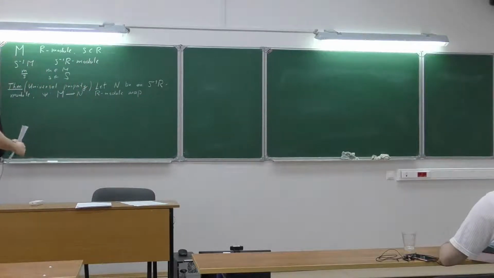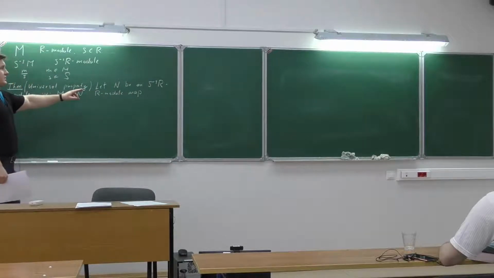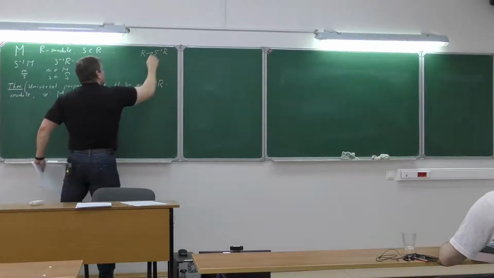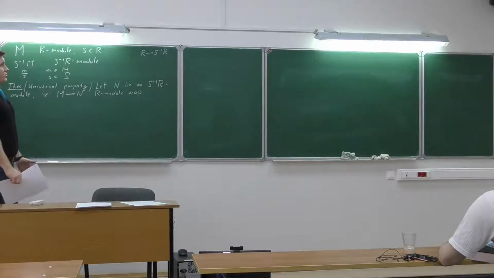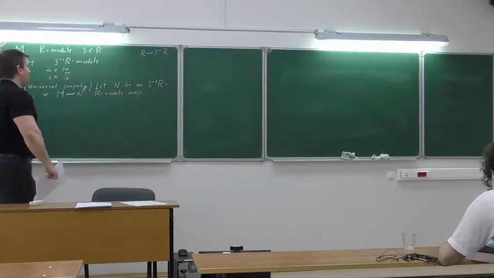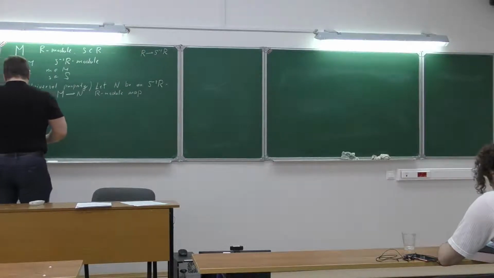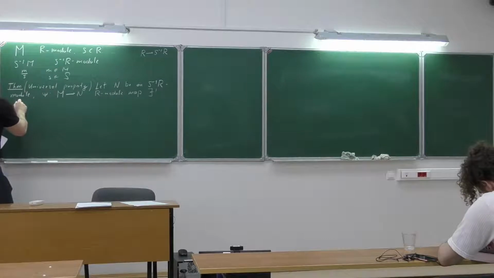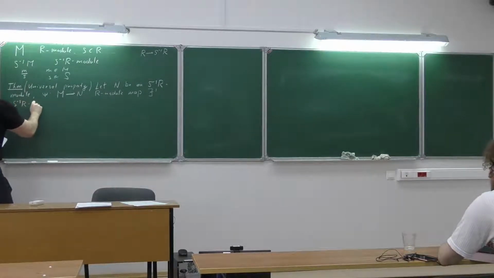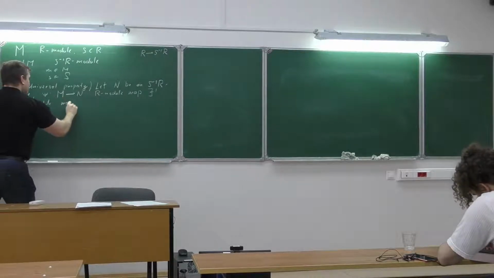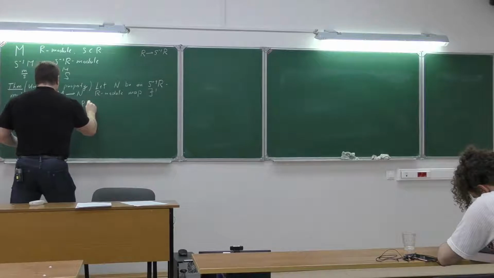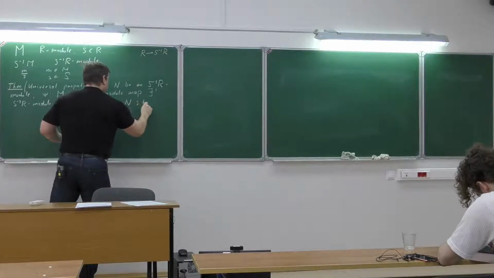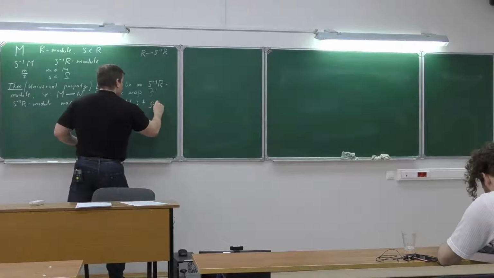Notice that N is given as an S inverse R module, but we can also consider it as an R module, since we always have a map to the localization, and any module over the localization of the ring is also a module over the ring. This is essentially just an example of restriction of scalars. So we can consider this R module map. The statement is the following: there is a unique S inverse R module map, let's call this rho, from S inverse M to N, such that the composition rho composition with the iota